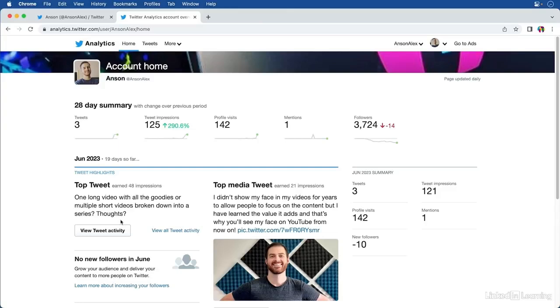Who was your top follower? Maybe you should be interacting with that user more and commenting on their tweets to start gaining access to some of their followers. And so if you scroll down, you'll notice that